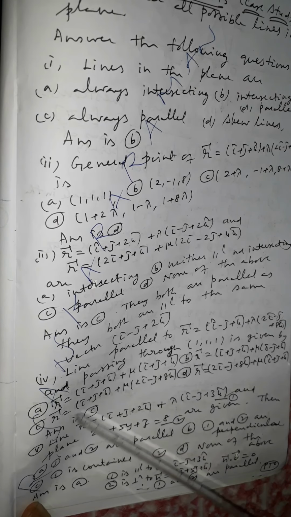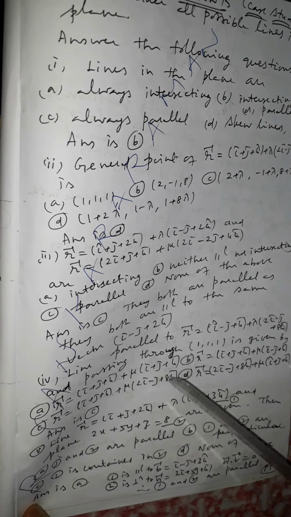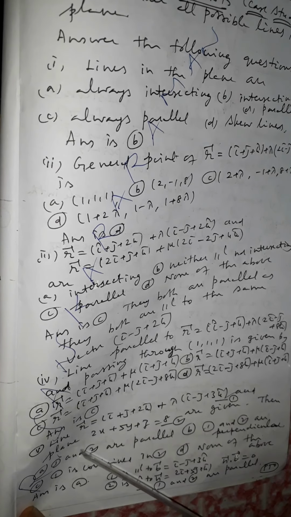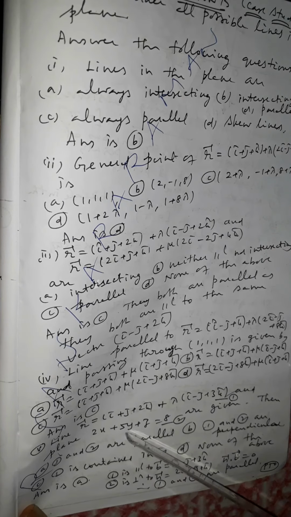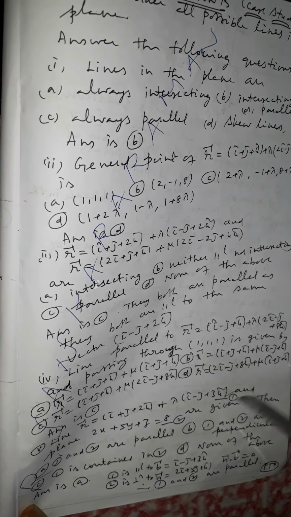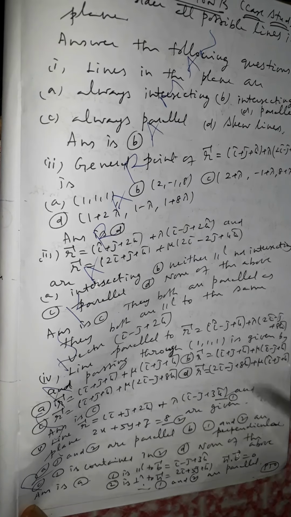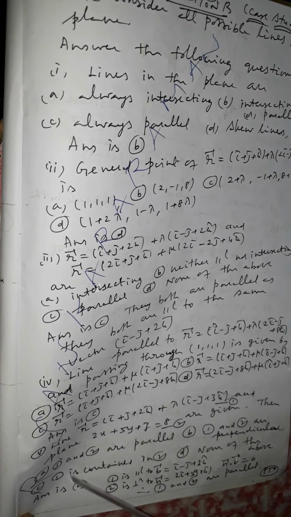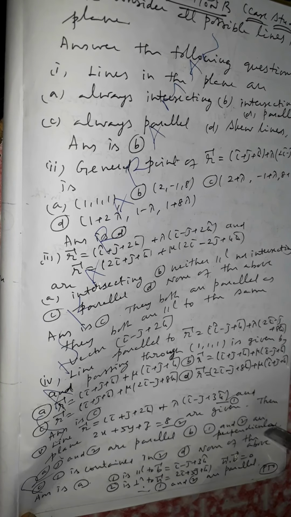Therefore my answer is C. R vector is given by i plus j plus k plus mu times 2i minus j plus 8k. Subdivision 5. Line R vector is equal to i plus j plus 2k plus lambda times i minus j plus 3k, and plane 2x plus 5y plus z equal to 8 are given. Then you are given 4 different cases, namely 1 and 2 are parallel, 1 and 2 are perpendicular, 1 is contained in 2, none of the above.